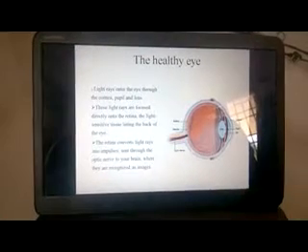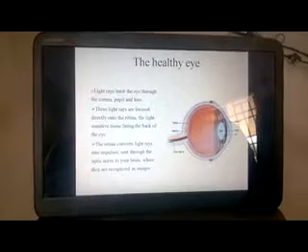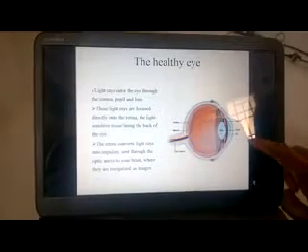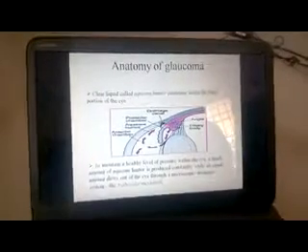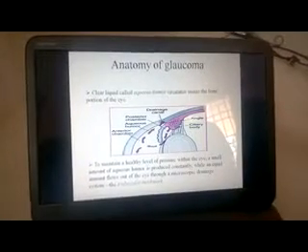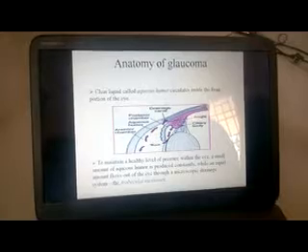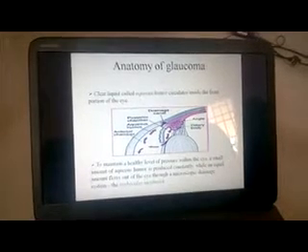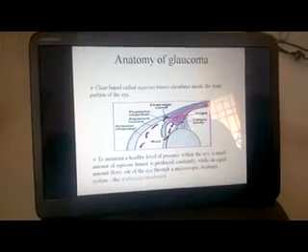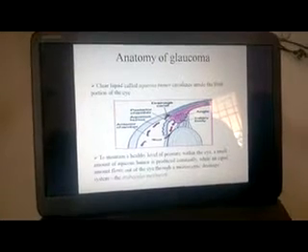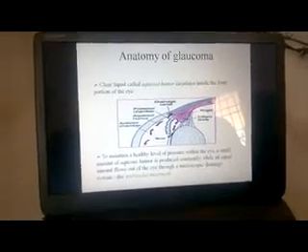Light rays enter the eye through the cornea, pupil and lens. The optic nerve head is placed directly opposite to the lens. Then clear liquid, aqueous humor, circulates inside the front portion of the eye. To maintain a healthy level of pressure within the eye, a small amount of aqueous humor is produced constantly,